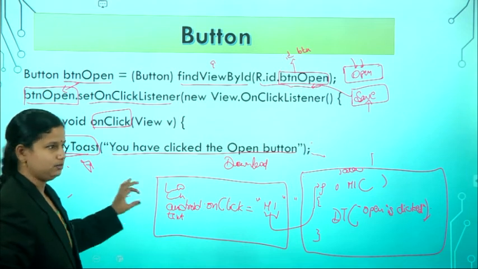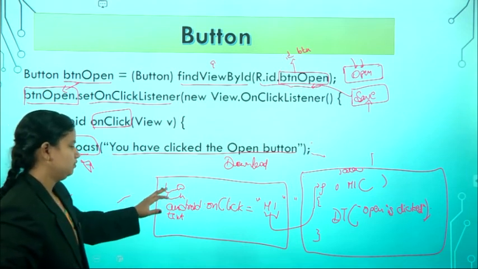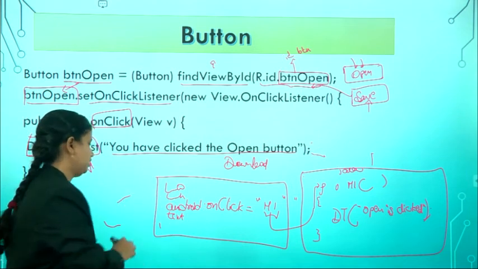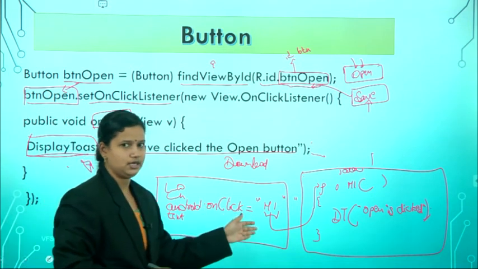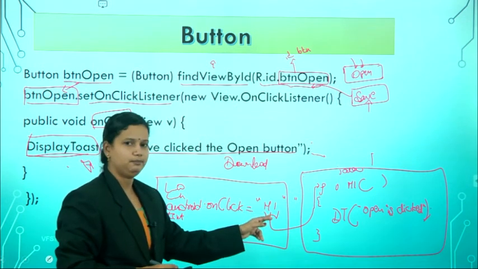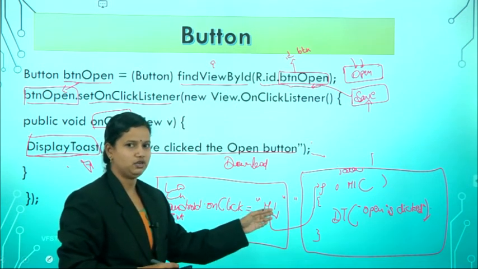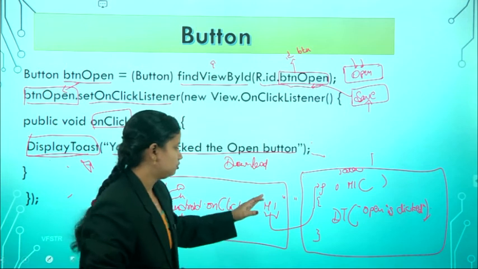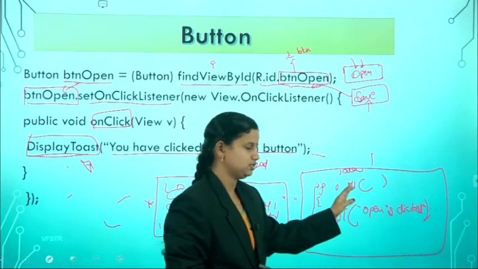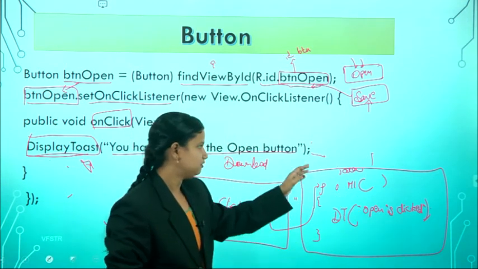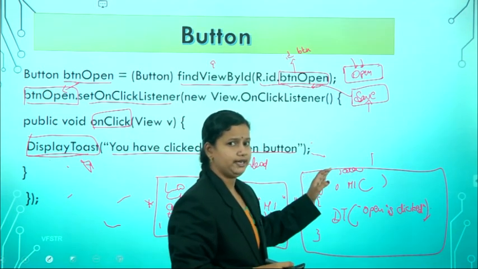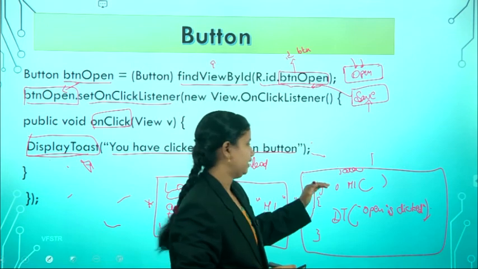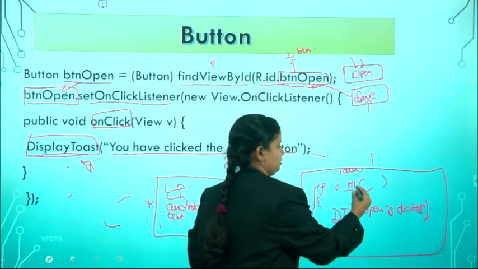The second way is like this. Within the XML file, you have to specify one property, android:onClick. In that we specify the method name. M1 is one method, just assume that. The method implementation will be done in Java. In the Java file, only the onCreate method is implemented, and after the onCreate method, we have to implement the M1 method.